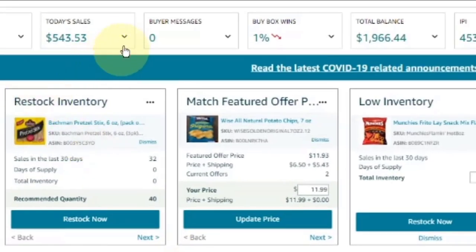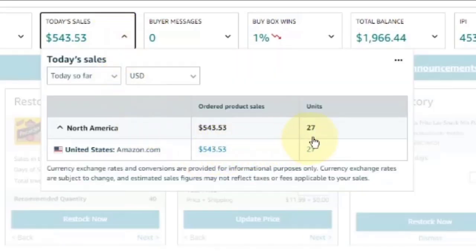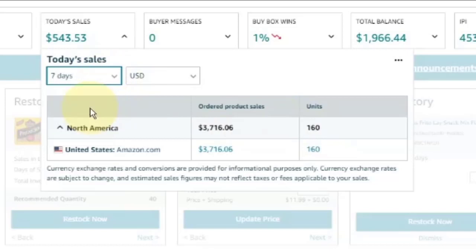Okay, so now we're in my account, and as you can see, today is September the 27th. The year is 2020. So for today, we've had 27 sales for $543.53. And if we go down the line for the last 7 days, 37.15. So about last 15 days, 6,400 thereabout. And for the last running 30 days, we've sold 584 units,